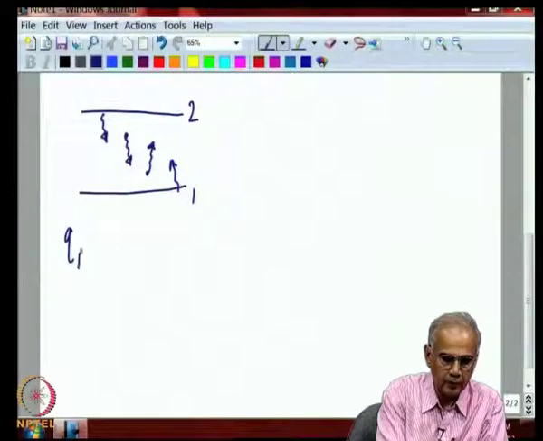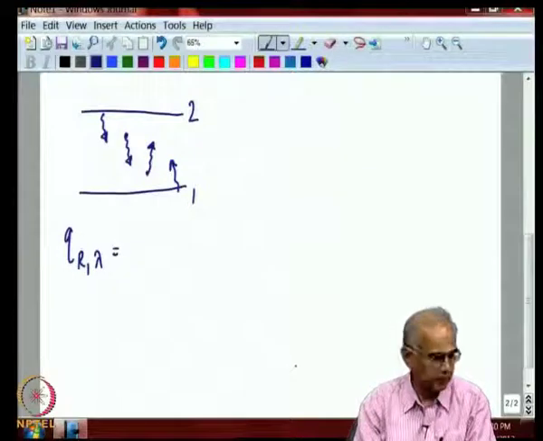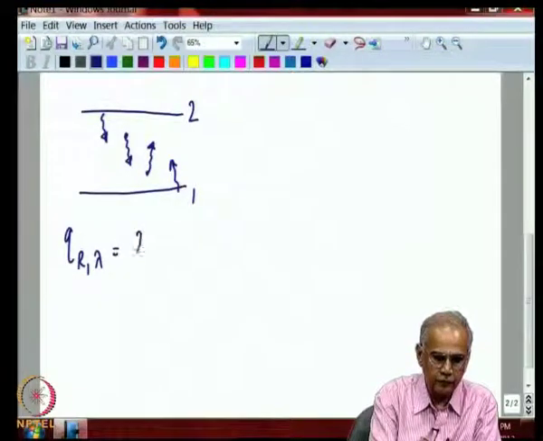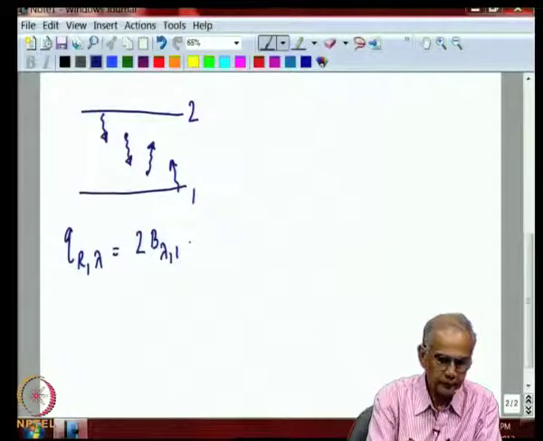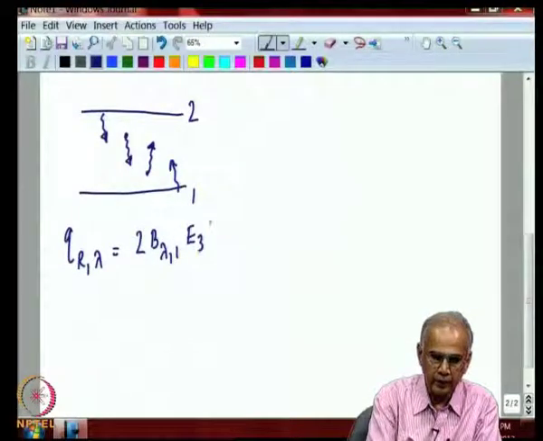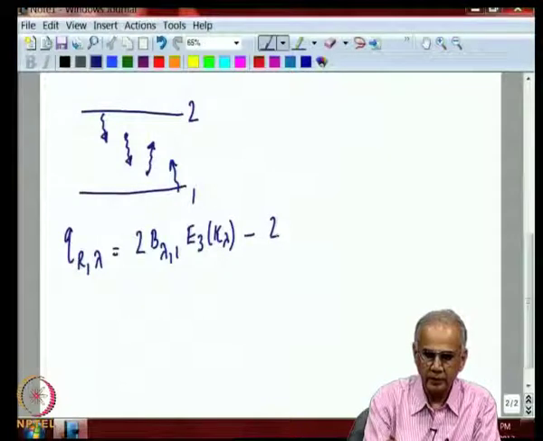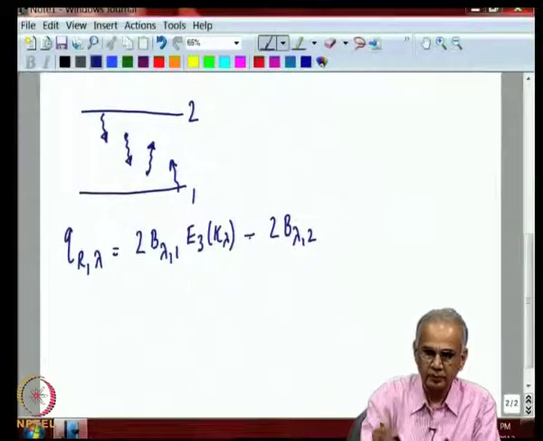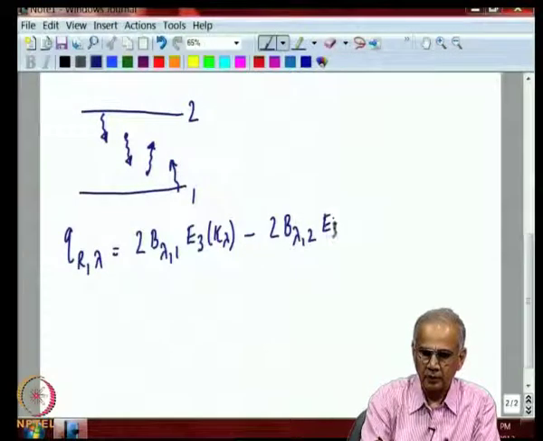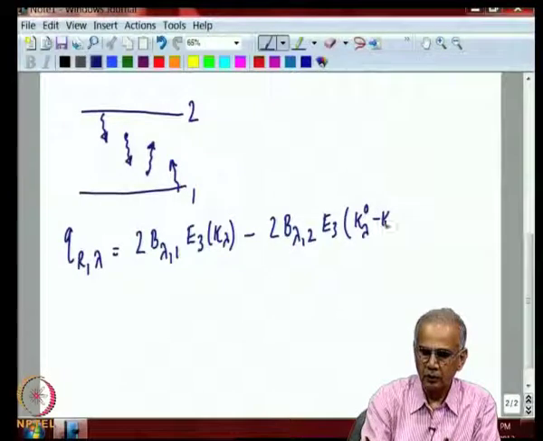So, the QR lambda, the net radiative flux between lambda and lambda plus d lambda consists of radiation leaving surface 1 and it is attenuated in all direction, minus radiation leaving surface 2, minus because it is downward going rays, and the difference between the total optical depth.